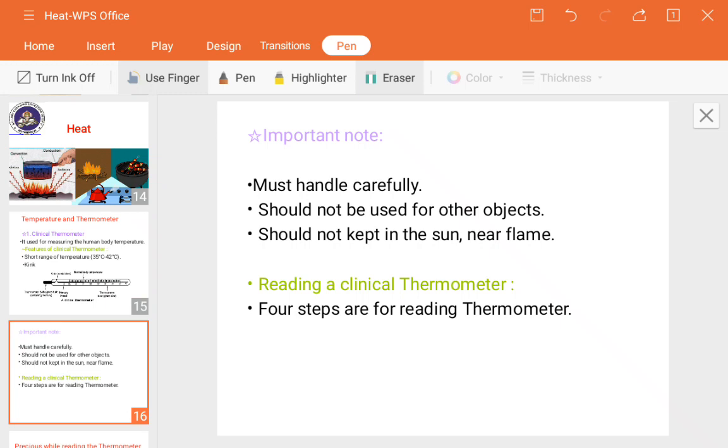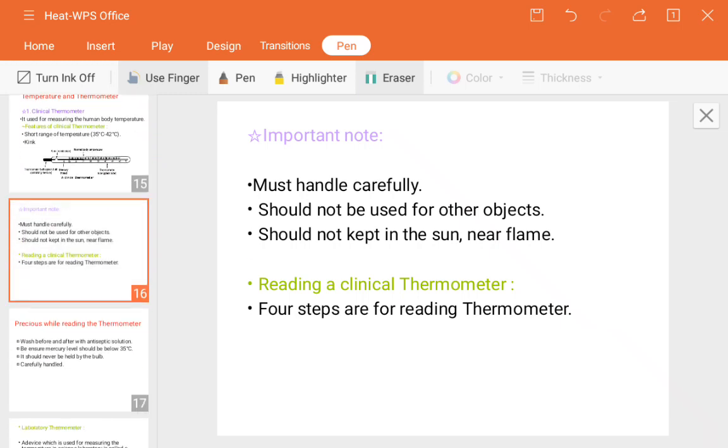Now read the temperature on the thermometer. The level will be shown by the clinical thermometer. So now you can see the range of that thermometer. Maybe you have observed that some doctors, while measuring body temperature, use the thermometer, and then they just spin or rotate it, and later they measure the temperature. Such things happen while reading the clinical thermometer.